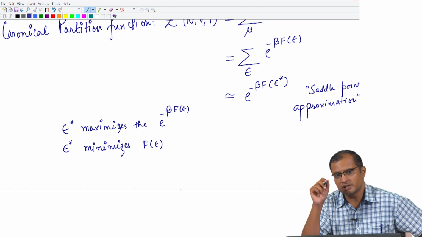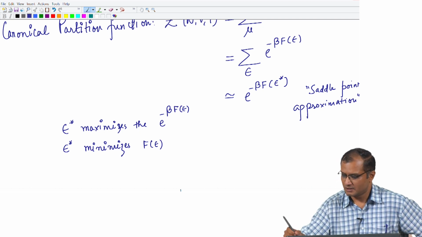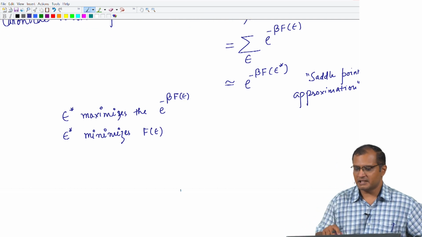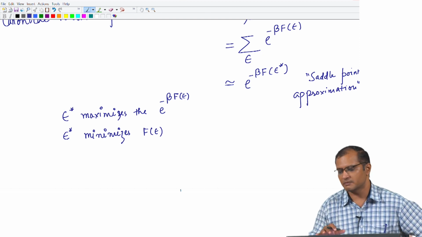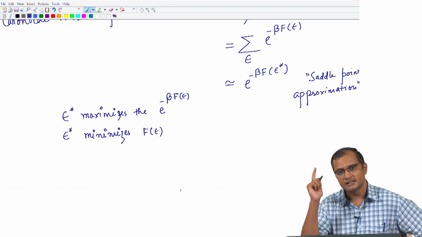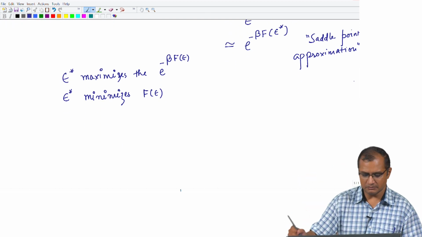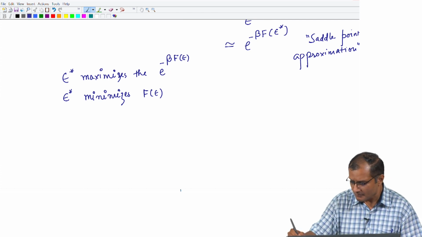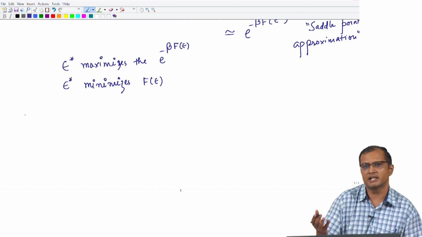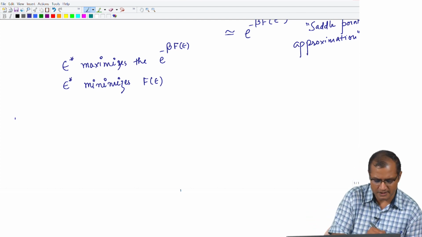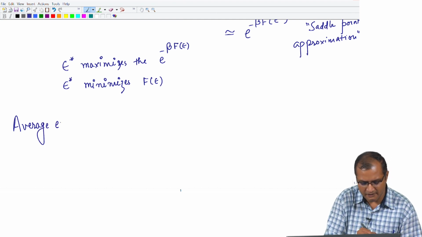So, the natural evolution of a system is towards the direction of minimizing free energy, and this is also what we have mathematically done here. I have said that the entire summation is contributed from the value of the summand that comes at the minimum of free energy. Now, I am going to construct the first meaningful quantity. The simplest quantity in thermodynamics is the average energy. So, why not compute something that is the easiest? So, the average energy,